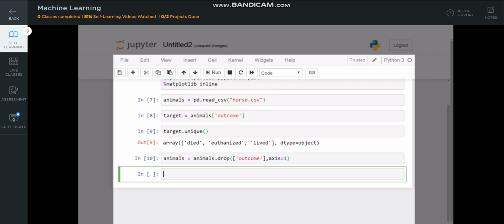Now, since we are about to implement the decision tree model, we can recall that they don't work well with categorical variables. Let us store all the categorical variables within a list, namely surgery, age, temp_of_extremities,